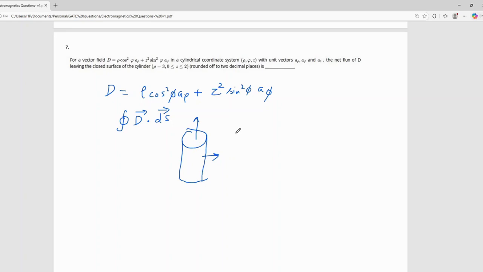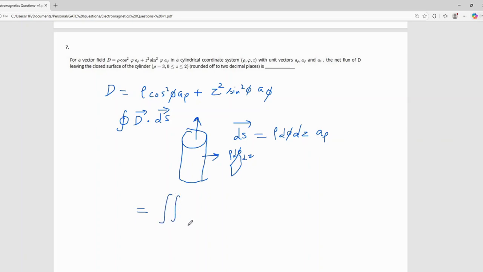and ds can be written as rho d phi dz a rho. And there is no z component, so there is no flux coming out in the direction of a z. So it becomes very simple. It's a simple integration